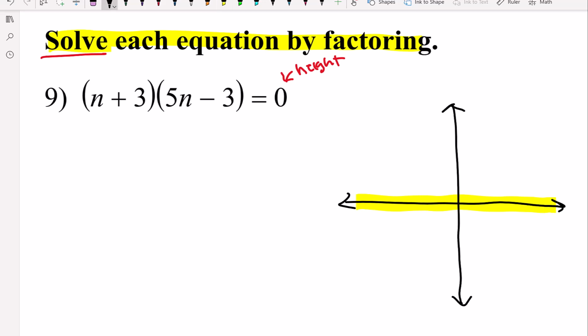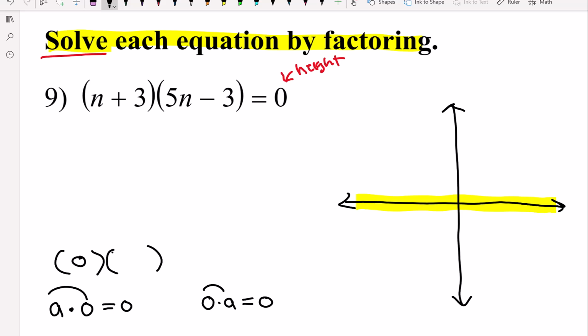Well, there's this thing called the zero property, and the zero property says any number times 0 is equal to 0, or 0 times any number is equal to 0. All we did is reverse them, right? Well, what that means is if this parentheses is equal to 0, then 0 times the second parentheses will equal 0. So if we set this equal to 0,